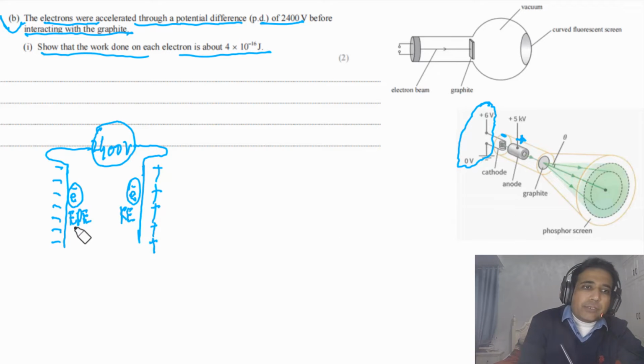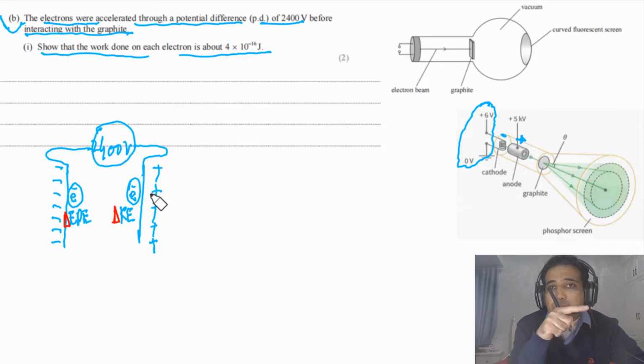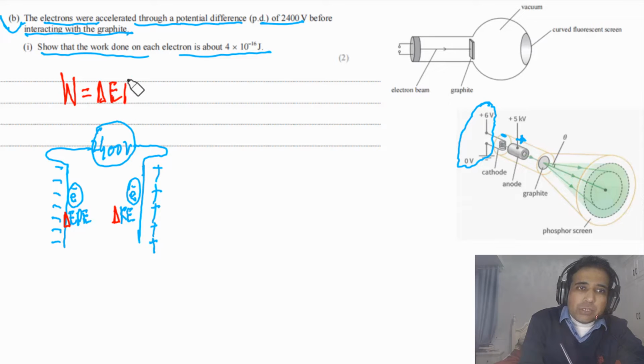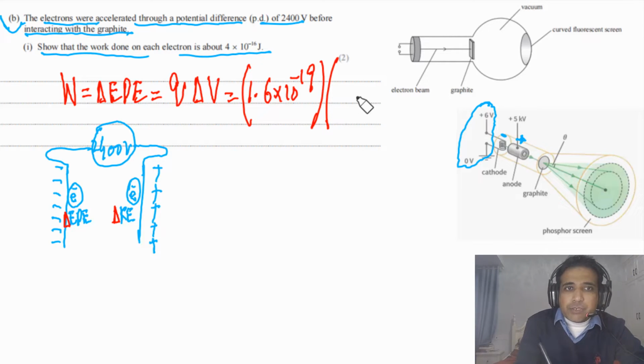But the better way to write this is, we can say the change in EPE will be equal to the change in KE, because when the electron is moving from negative to positive, it is losing electrical potential energy and gaining kinetic energy. So work done will be equal to the change in EPE, and change in EPE is equal to Q times delta V. The charge on a single electron is 1.6 times 10 to minus 19 coulombs, and the potential difference between these two plates is